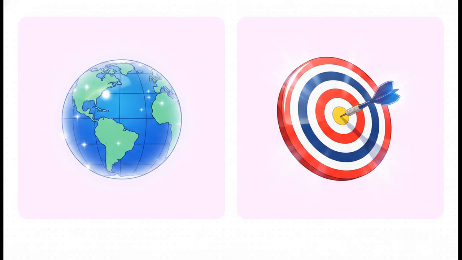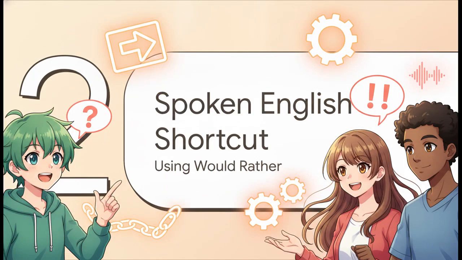Okay, here is the absolutely crucial distinction. Everything we just talked about was for general big picture likes. But what about a specific choice, like something you want right this second? The rules totally change. For a specific choice, we use would prefer to do. And crucially, we never ever use an ing form here. So if I ask if we should take the train right now, you would say, I'd prefer to go by car.